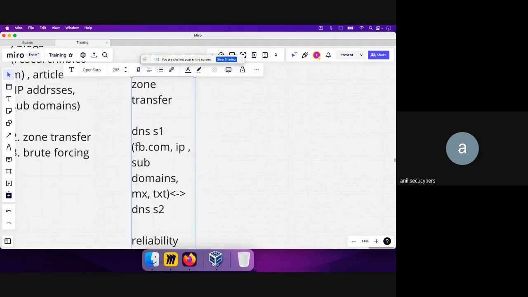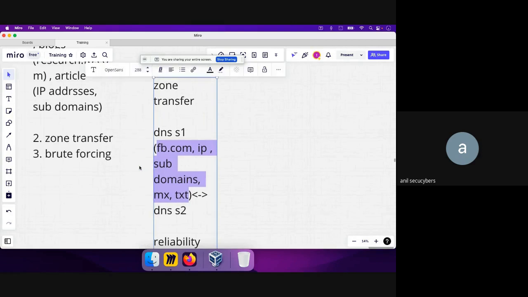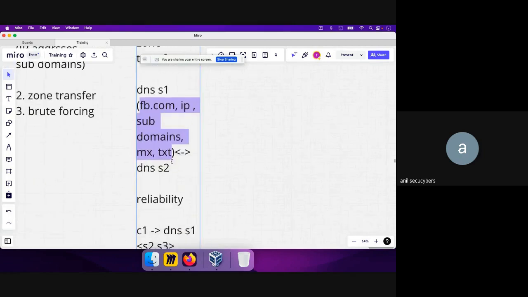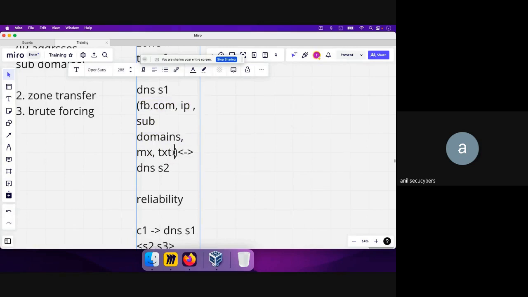From there, they will get all of this data that was not allowed to be read by any unauthenticated users. They will get the list of all IP addresses and all subdomains of facebook.com quickly. That is one of the best ways to find out all the details of facebook.com to increase the attack surface area. And maybe it would also have certain IP addresses, let's say one of them is 5.6.7.4, for example, and let's say this is of the